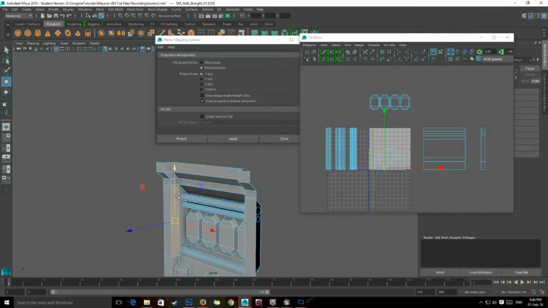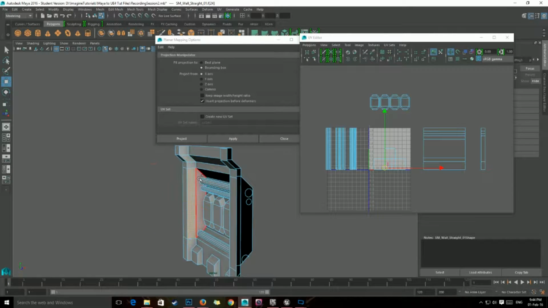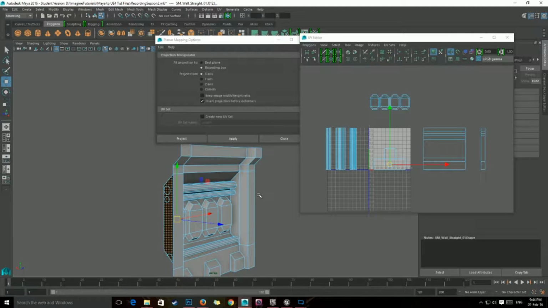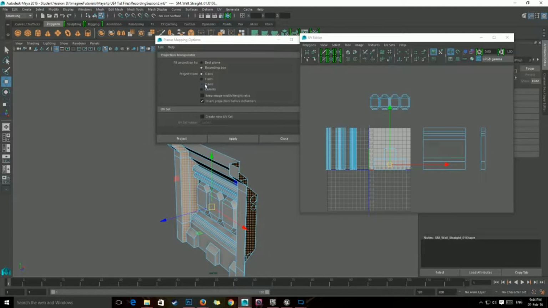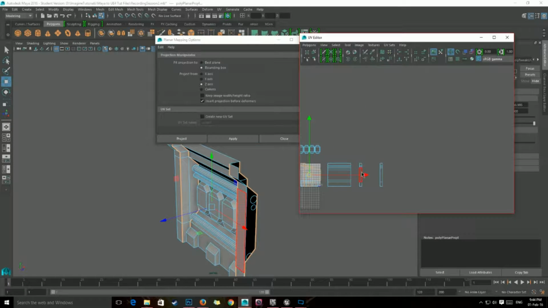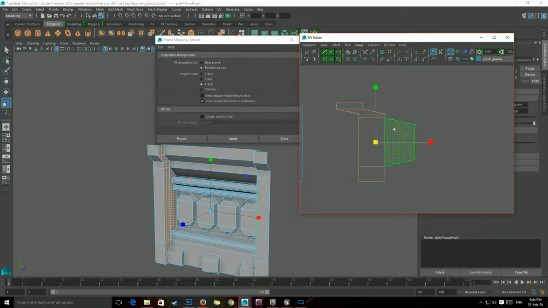And next thing, slightly different, we'll select these faces on the side. I'm just using tab to paint across. Obviously you can shift click if you like. Now these ones are obviously on a different axis. We want to do the Z axis. Apply, and as again with the boxes in the center, it's distorted, so we just need to scale that using